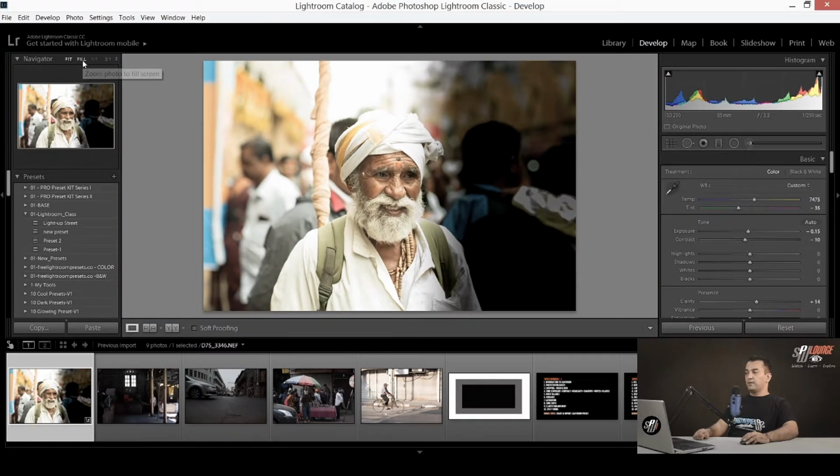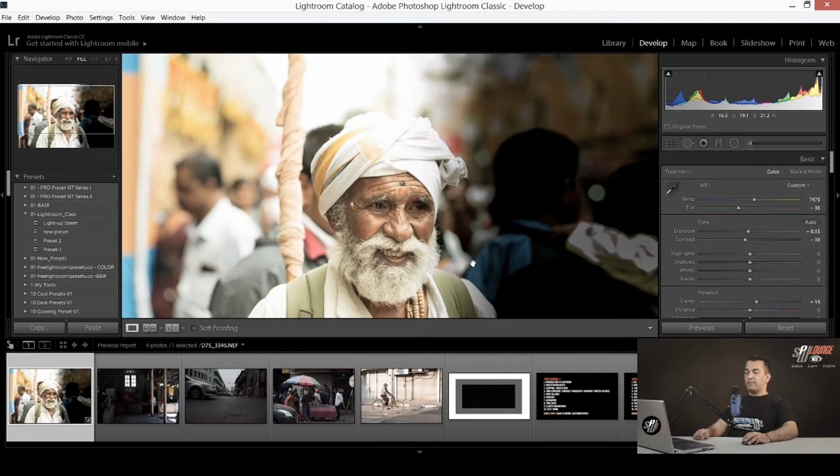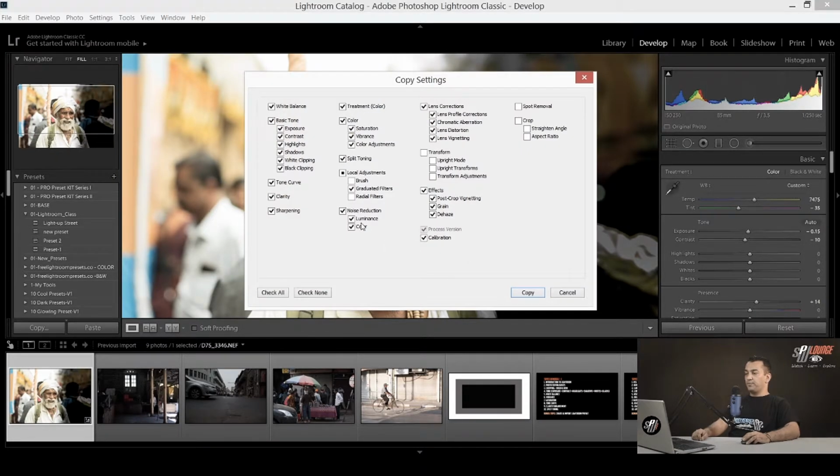So with the filter, if I want the same filter applied on another image, I have two options. I can either copy the settings from one image to another image, or I can create a preset using the current image. I'll show you both. I'll just copy the settings from here. I've selected the graduated filter, you can see already.